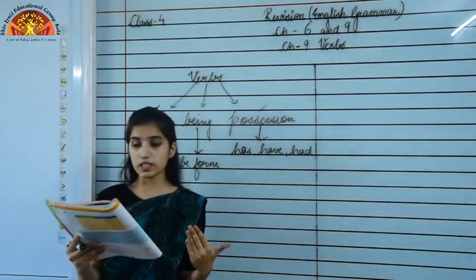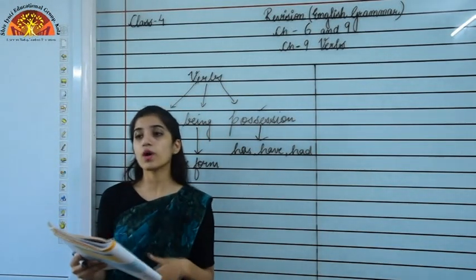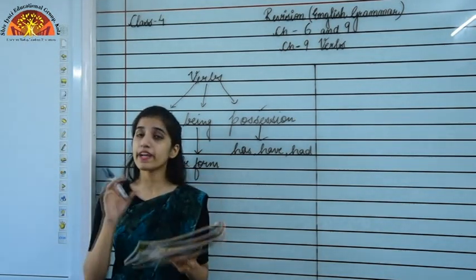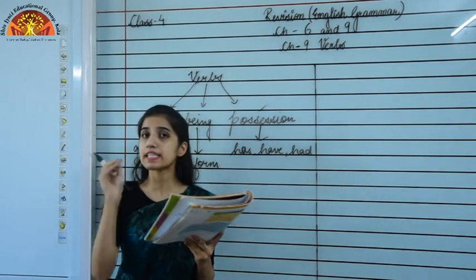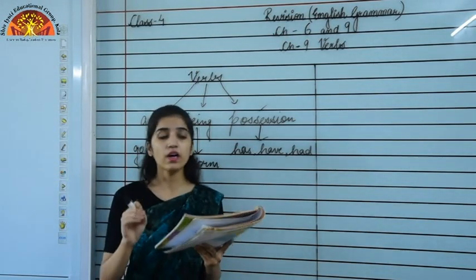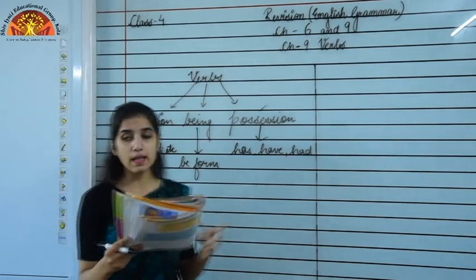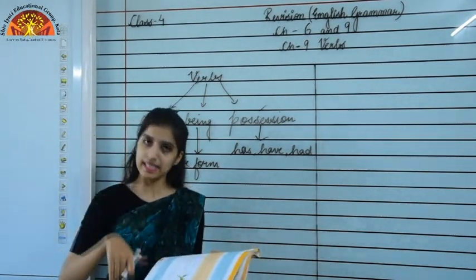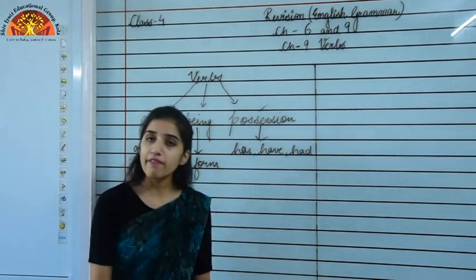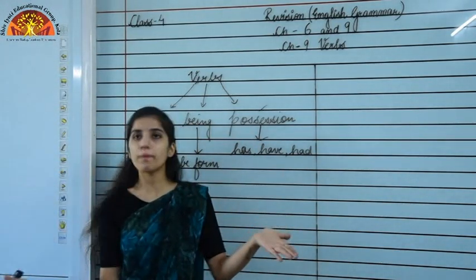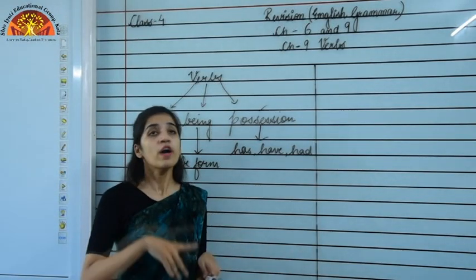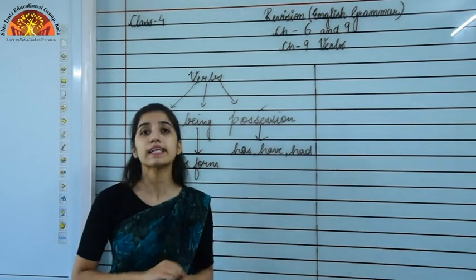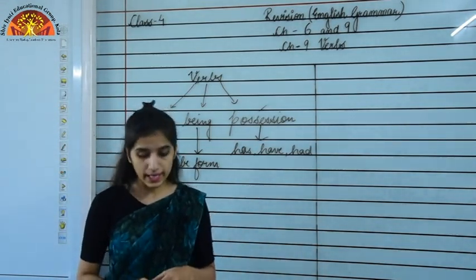Now moving to another topic, that is subject verb agreement. Okay, please look at it very carefully. There are so many little points that you need to remember while doing this. So subject verb agreement: how the subject agrees with the verb in a sentence. Every sentence has a subject and a verb, right? As you all know, the verb is the very important part of the sentence. We cannot form a sentence without a verb, right?